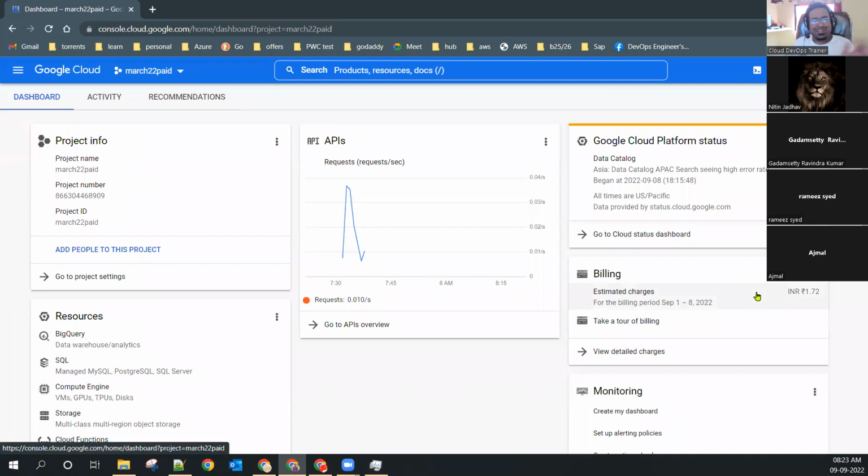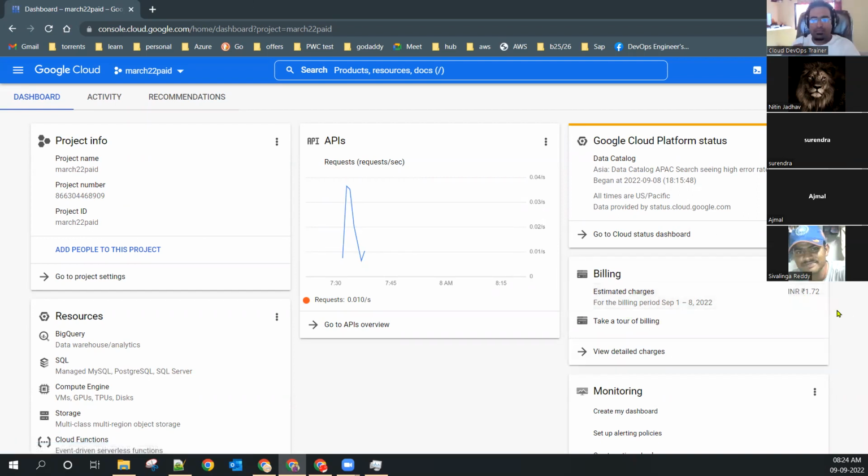Billing tab. What is billing? Very general question. What is billing? Where we can see our bill. Simple, right? If we have any bill, it will provide that detail. Yes, the details will be available on the home page itself. My bill is ₹1.72. So you can understand your bill will be very less. Okay, cool. Chalo. Let's come and create a virtual machine.